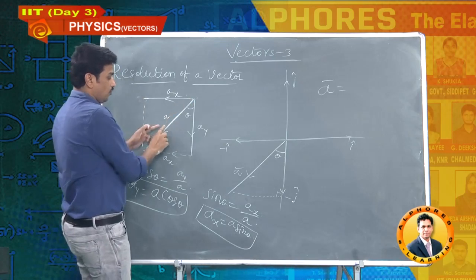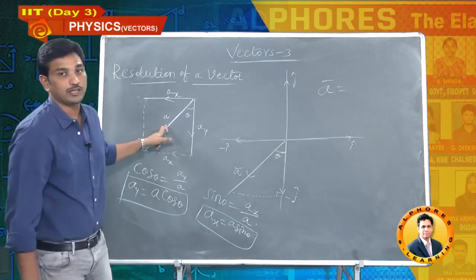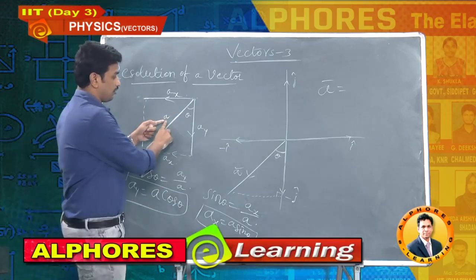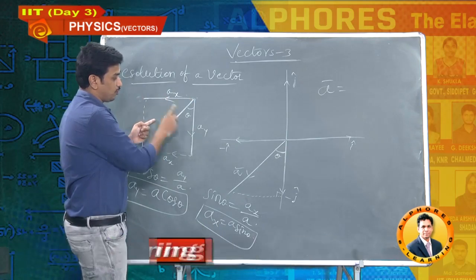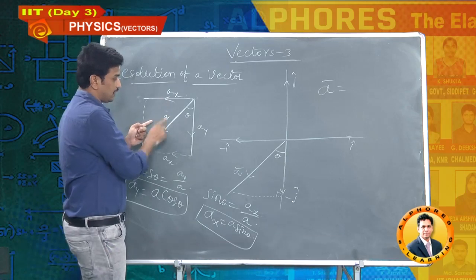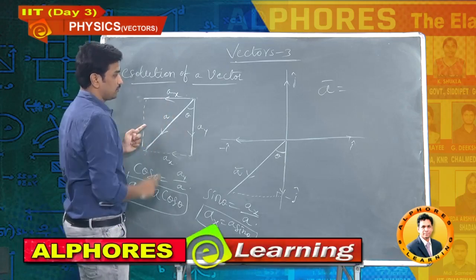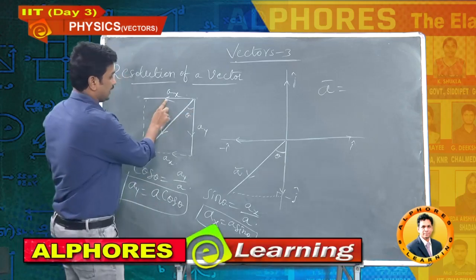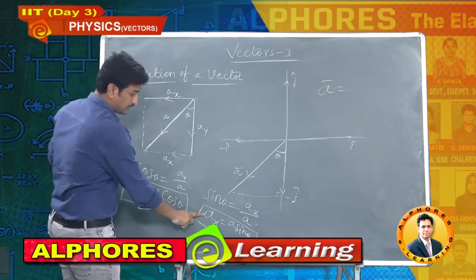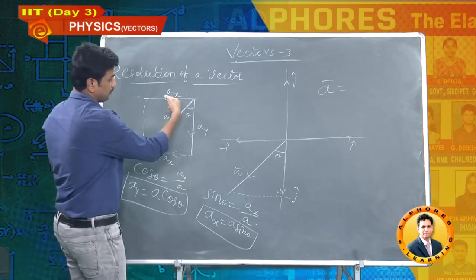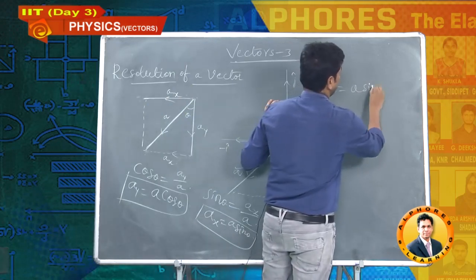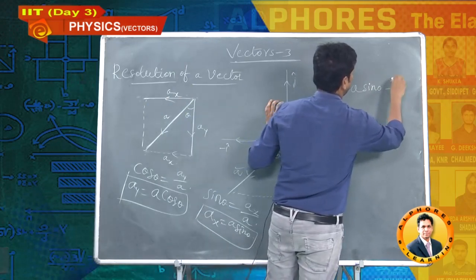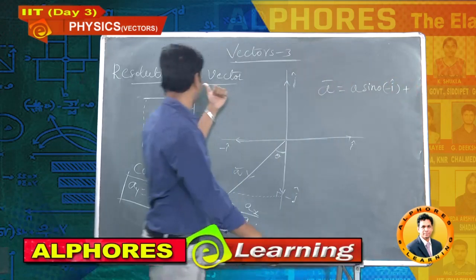This Ax vector is shifted in parallel without changing direction and length. I didn't change the direction, I didn't change the length. Simple reason: a vector is always in between its components, with a component on two sides. This is the vector, these two are the components. Now finally I will write A bar: Ax is A sin theta in the direction of minus i cap. I will write here A sin theta minus i cap, one component.